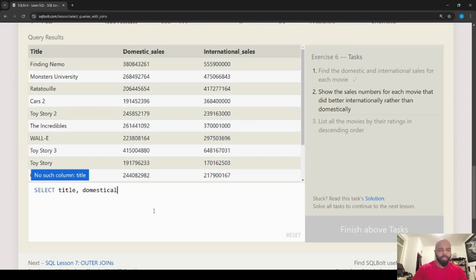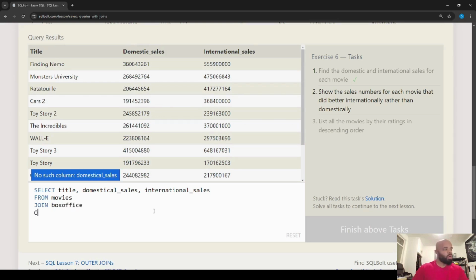We also want the domestic sales. We also want international sales. We want those 3 from, that's right, from the movies table,